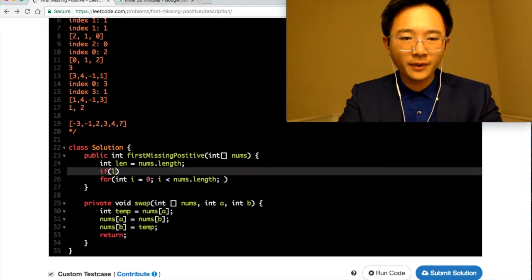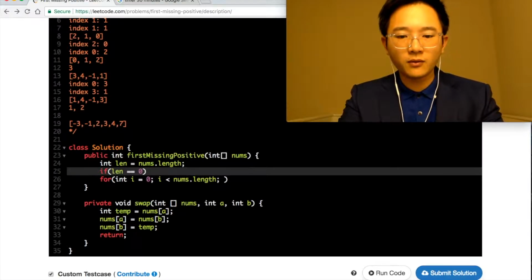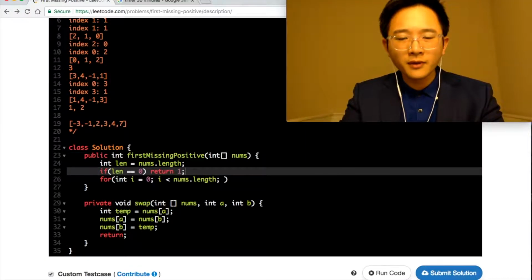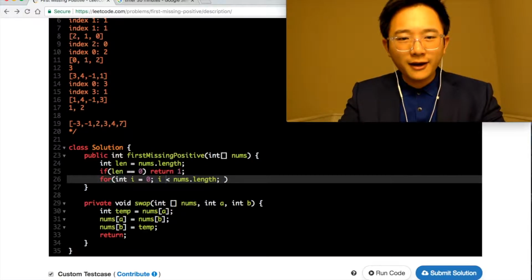So if length is equal to 0, then we'll just return. What do we even return? Oh, we'll just return 1. Okay, so now i plus plus,